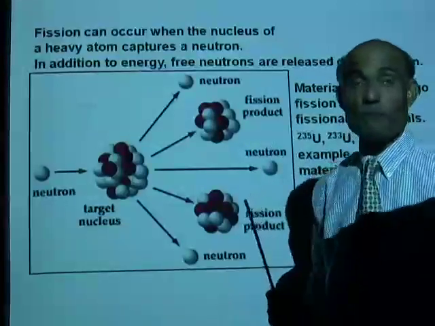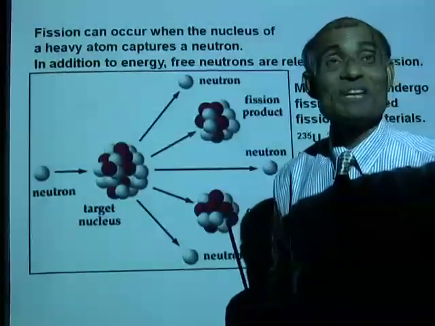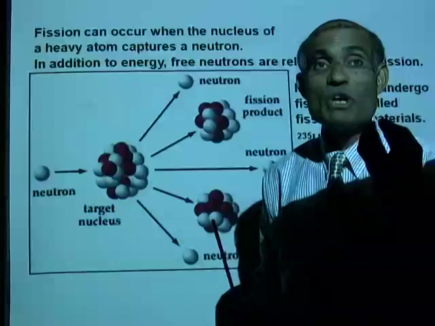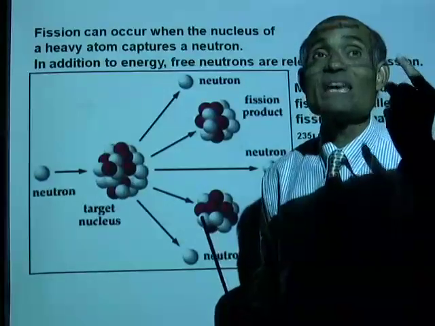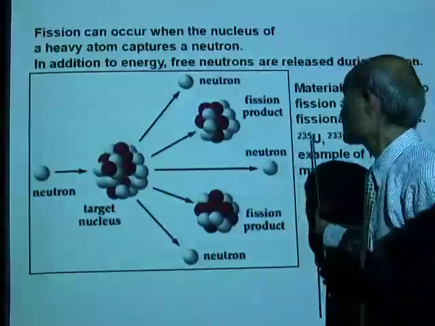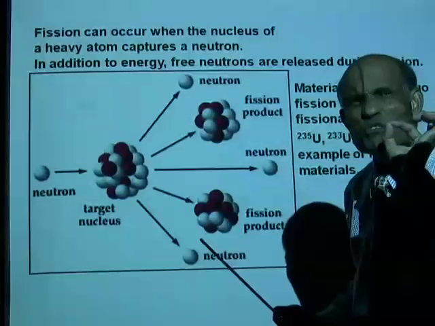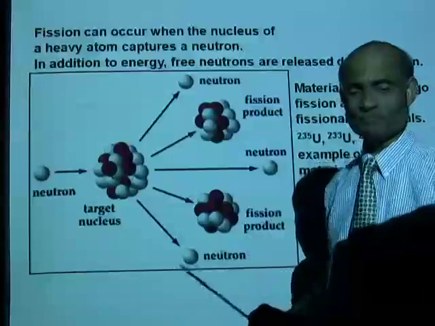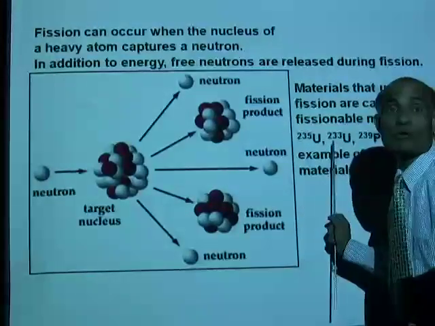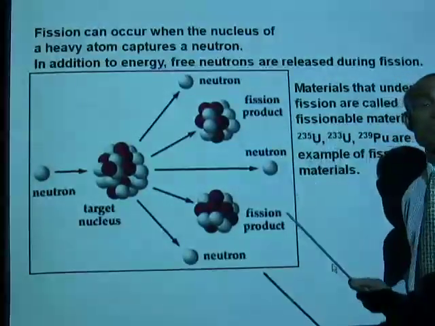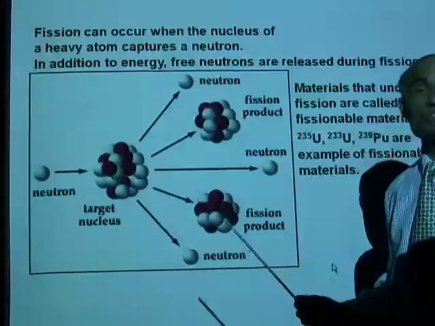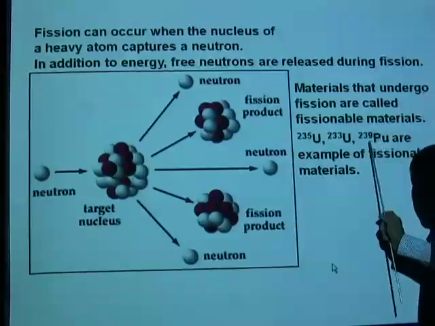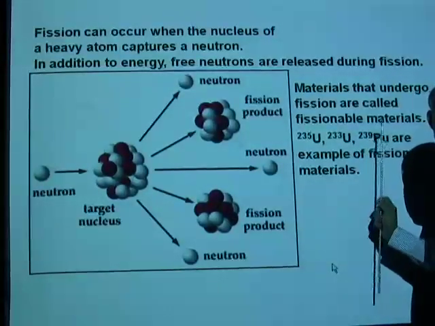Now, remember, most of the naturally occurring uranium is uranium-238. Uranium-235 is only a very, very tiny part of naturally occurring uranium. Another isotope of uranium is uranium-233, that is a fissionable isotope. And a third fissionable material is